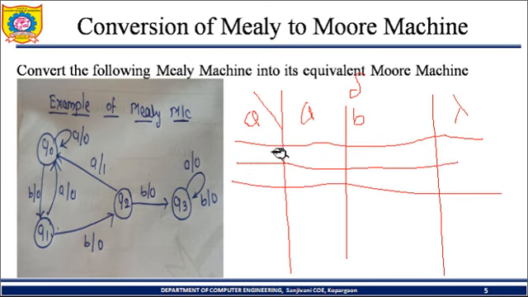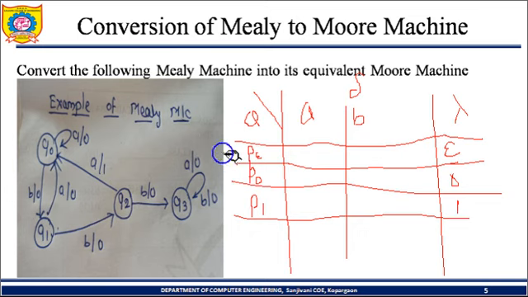So first one is P epsilon, because P epsilon is nothing but a substate or divided state of Q0, and at that time output is epsilon, so I'll directly write down the output. After that we have split Q0 into one more state, that is P0, so I'll write it as a 0 output state, and one more is there, P1 with 1 output state. So these are the original states of Q0.